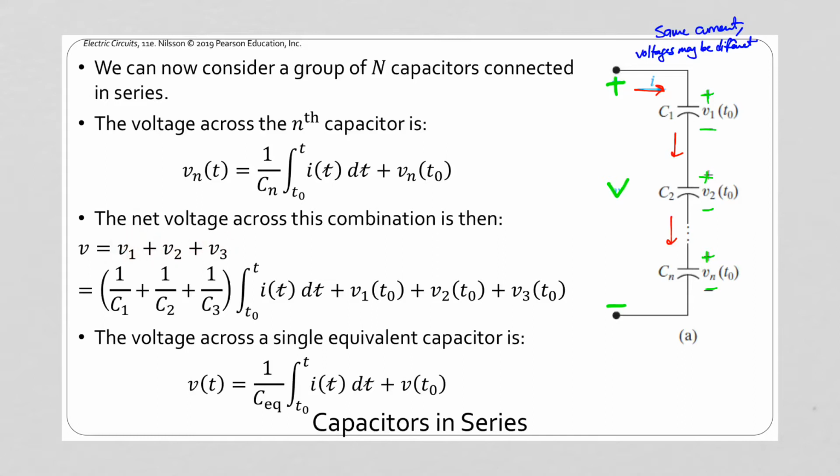Each one of these voltages can be expressed in terms of the current, and again recall that the current term is constant, is the same to all of them because we have the same current in series. So we can factor out that current integral. The 1 over capacitances end up out front of that integral, and we have the starting voltages. So what we can see here is that the initial voltages across each of the capacitors, all of those together, is just the initial value of the overall voltage across the overall combination. That's what we would have here if we had one